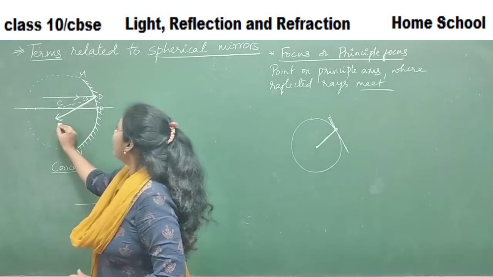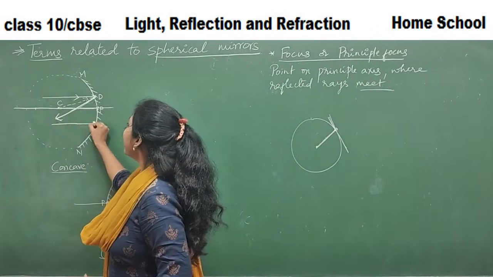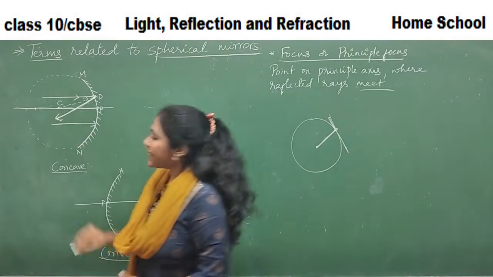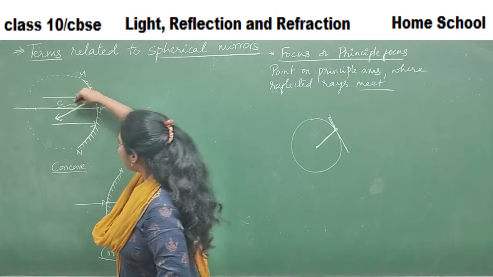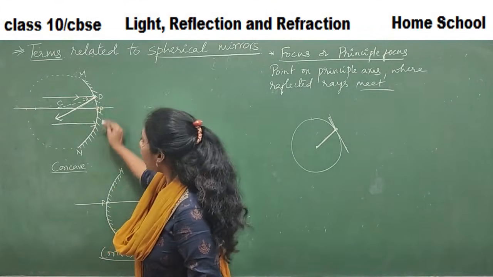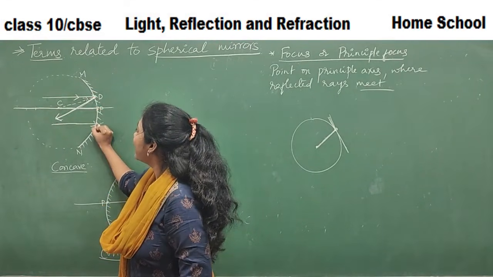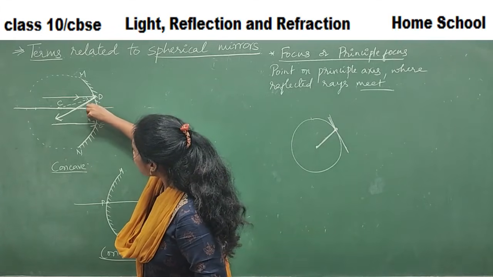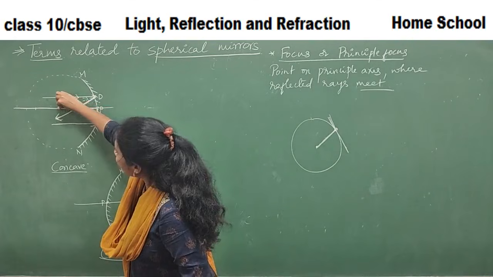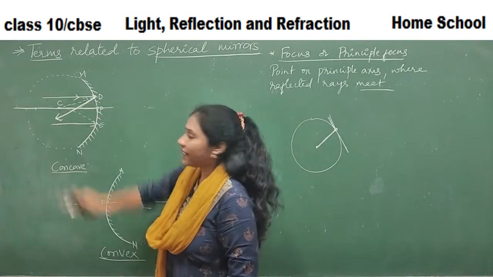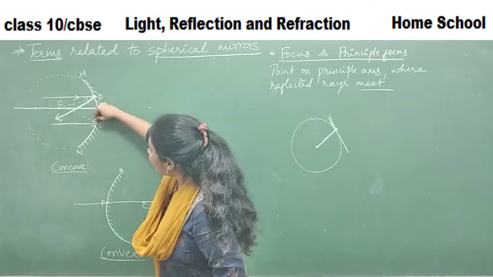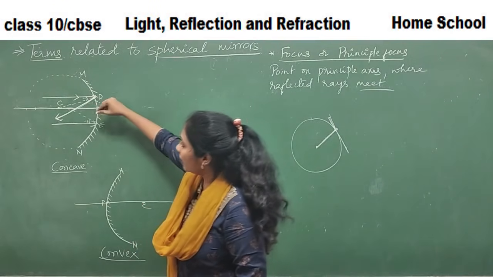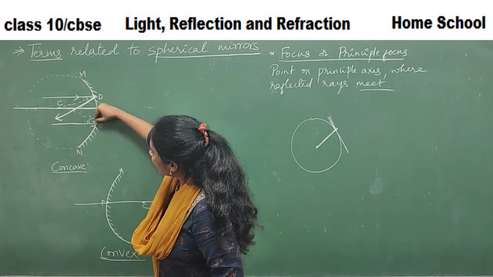Now I will draw another incident ray parallel to the principal axis. Say I have to show its reflected ray also. For that, first I need to draw a normal. Say this incident ray is meeting at a point E. So from E, you should draw a line to the center. Then this becomes the normal to this ray. How does it reflect? With the same angle: this much is the incident ray angle, then this much will be the reflected ray angle.